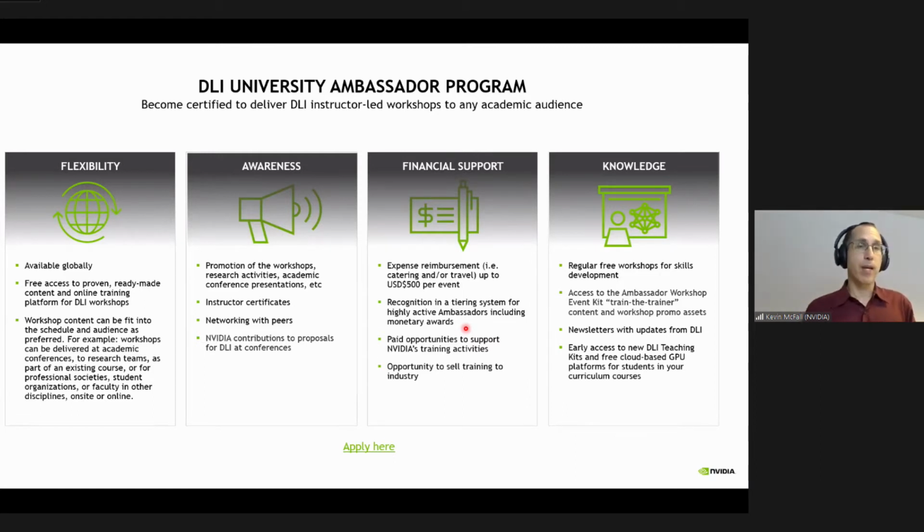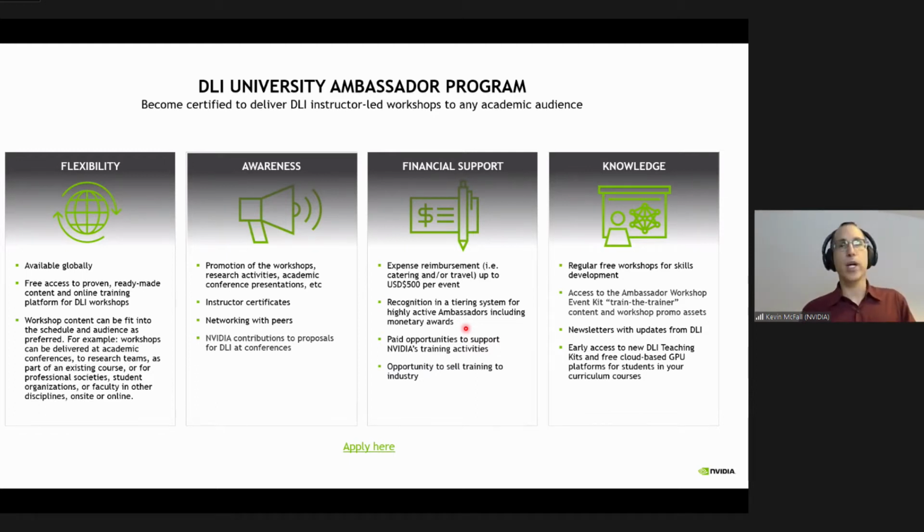Also, as a university ambassador, there is an opportunity for you to be paid to deliver these workshops to industry people. So there may be some companies, maybe small companies, startups or others in your area that are wanting to learn more about AI and high performance computing.